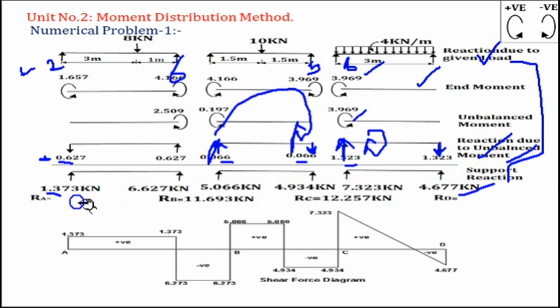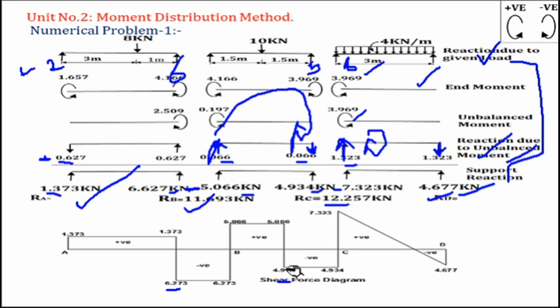Now draw the shear force diagram from these reactions. So plus up, that's why 1.373 positive. The total addition is 11.693 kilonewton. Addition of these two, again addition of these two is 12.257, and last one is as it is. So 1.373, no loading, straight line, then minus 8 will become 6.273, straight line, no loading. Then again you have to move up, minus 11.693 you become 5.066, no loading up to 10,